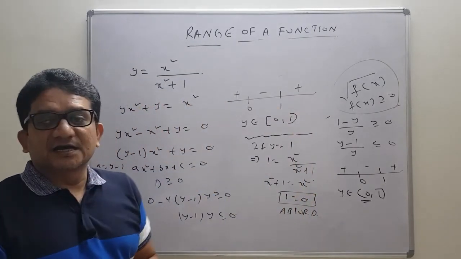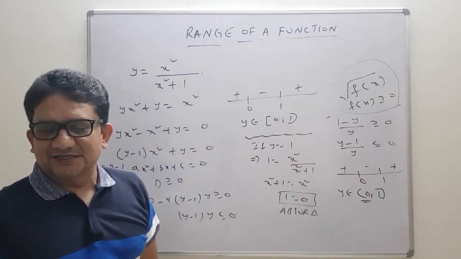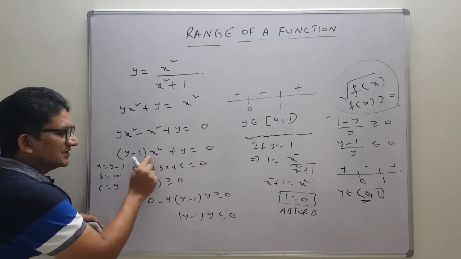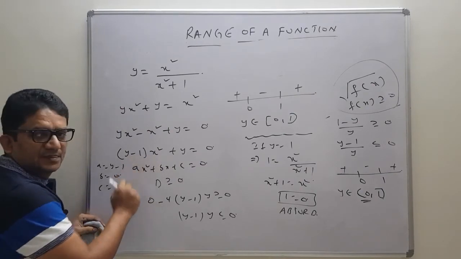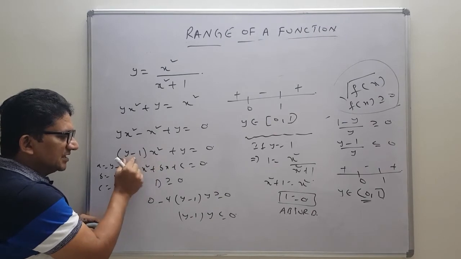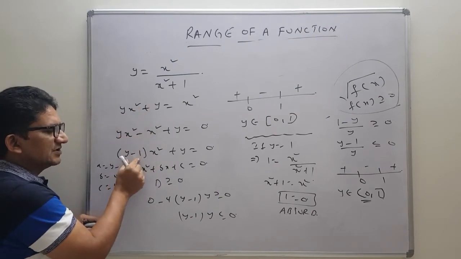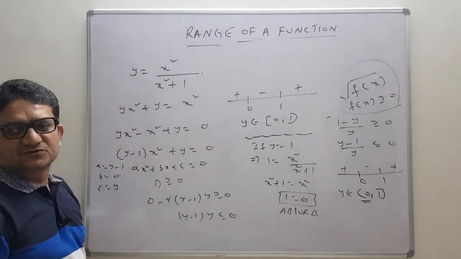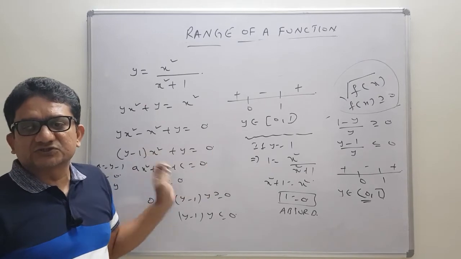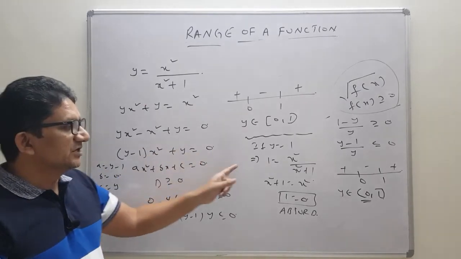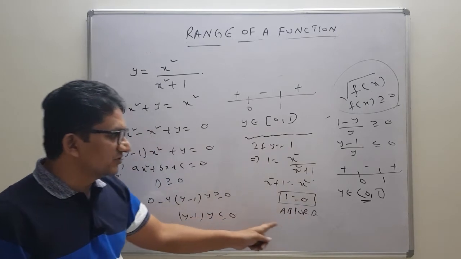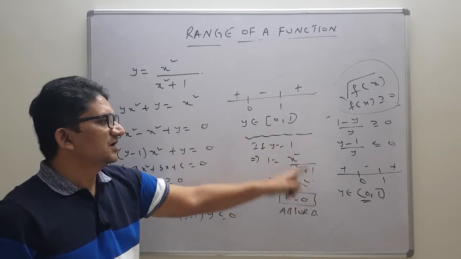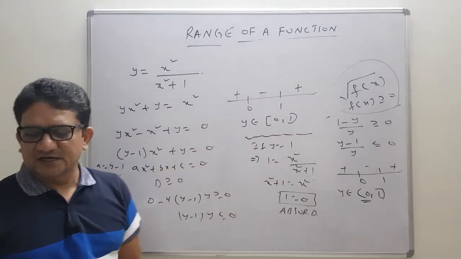And in case of this doubt, how will we get it? See, in the exam, while solving the problem, you come back to the simplification here. The coefficient of x square is y minus 1. Whatever coefficient is there, you equate that to 0, that is y minus 1 equals 0, and we are getting y equals 1. Validate that with the question. Don't forget this point, most of the students will forget. So we need to validate. If we validate, then only we will come to know that we are getting an absurd situation. So that's why 1 is not included.